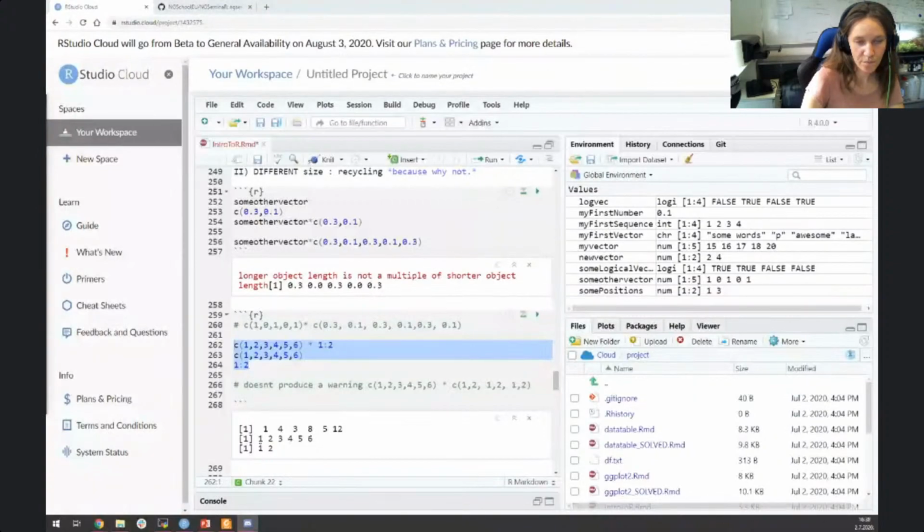Okay, so as we know from seconds ago, if the two vectors are not of the same length in R, and if you try to do some mathematical operation on them, like multiplication or division or addition or subtraction, R will just recycle the shorter object. So this will happen. 1, 2 will become 1, 2, 1, 2, 1, 2. Okay, and after that, they will just be pairwise